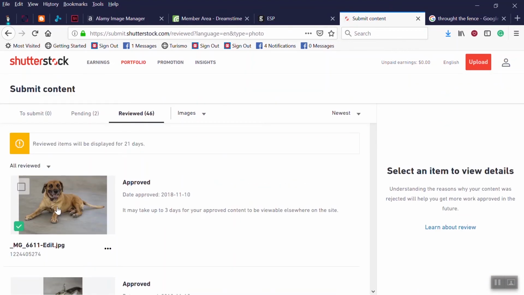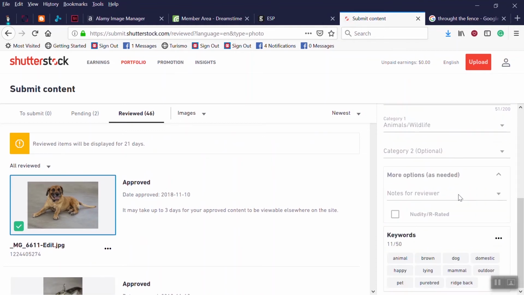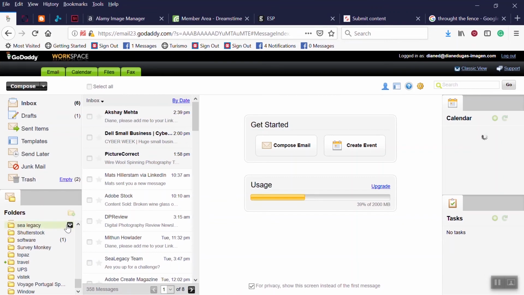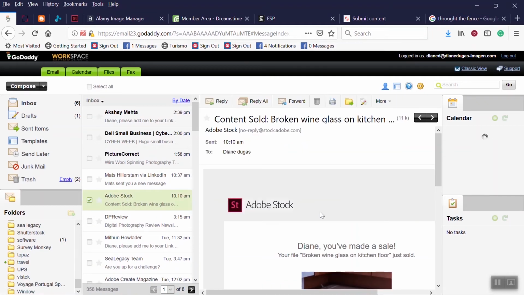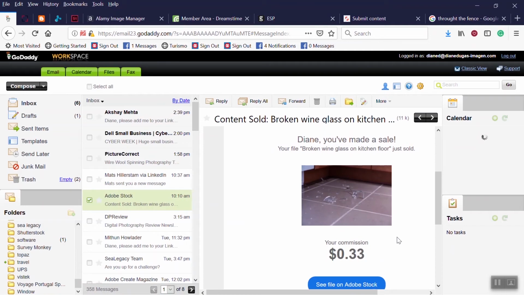If you press on this, you can change things, you can add to it. And I'll show you something. I just received a content sold by Adobe Stock. I did? Oh, 33 cents. Okay, let's look at the